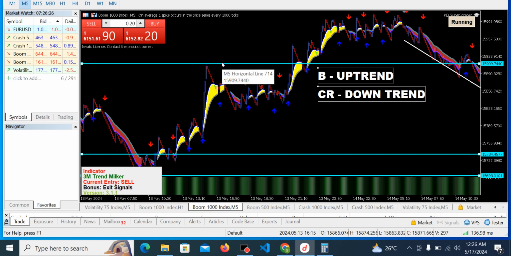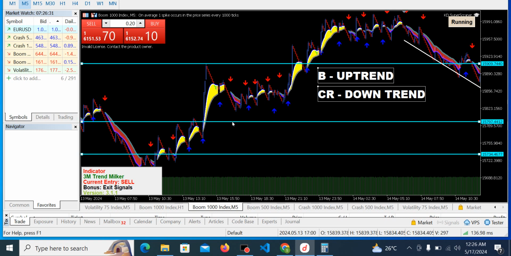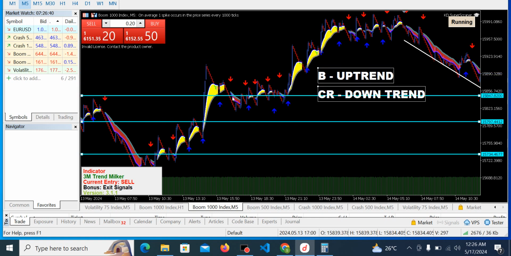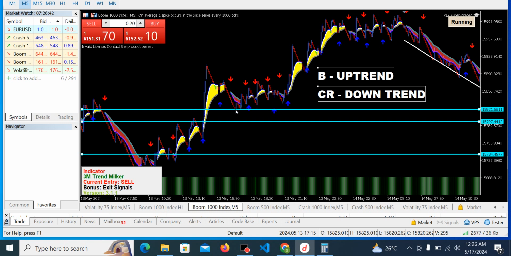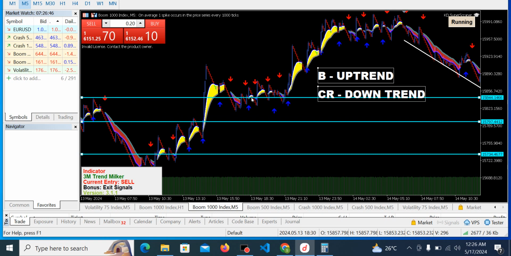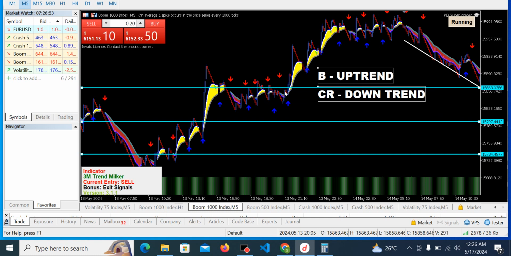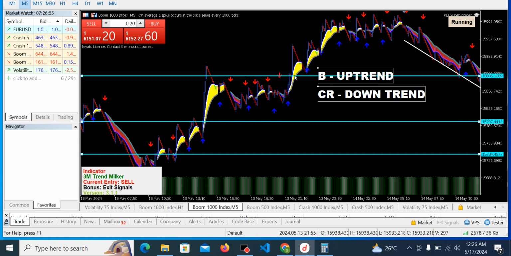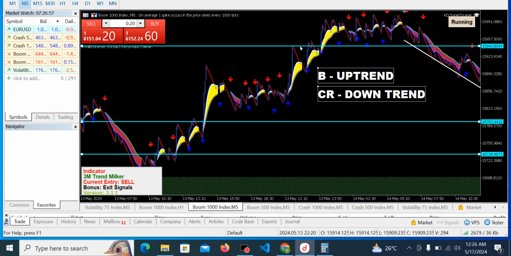But as soon as you start making profits like this, you can adjust your stop loss to somewhere here to protect your profits. At least you should be protecting about 40 to 50% of your profit at this stage. This actually came down, it was a very long dip. It came down and of course spiked up a bit, came down, spiked up a bit. It happens like that because the market is ranging around here, until it got to this region, came down again, and went back there to break out above that.